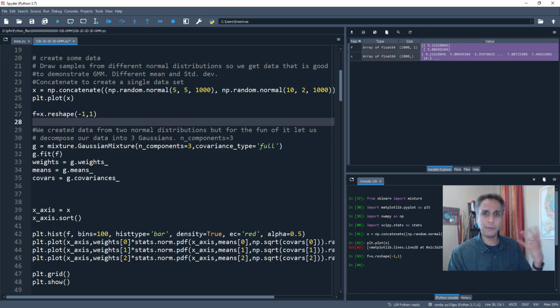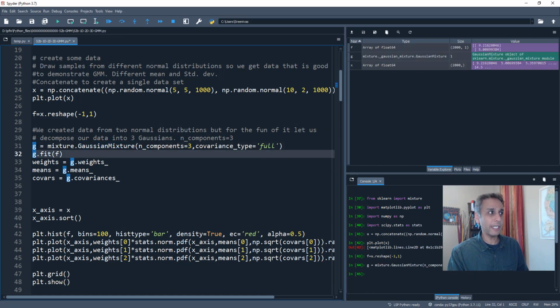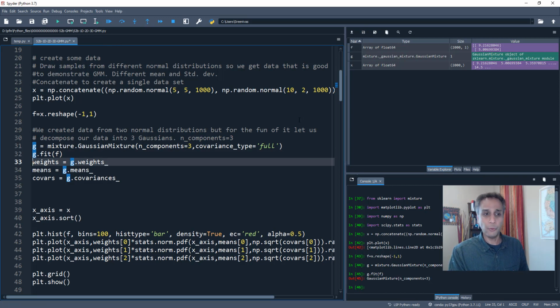Just to see how it fits it. And let's go ahead and do that. And this is a Gaussian. I just defined a Gaussian mixture model. Now we need to fit it to our data. We called our data as F. So let's go ahead and fit the data. So there you go. That's it. We are done. And the Gaussian mixture model is actually